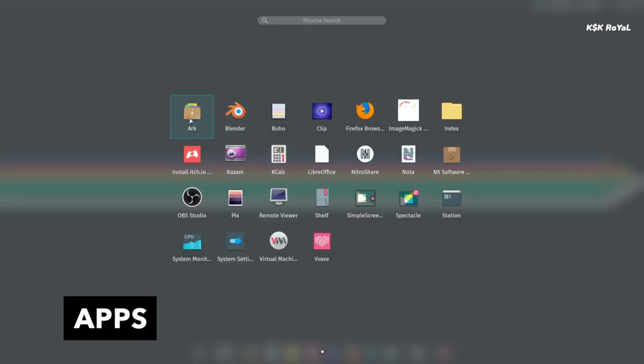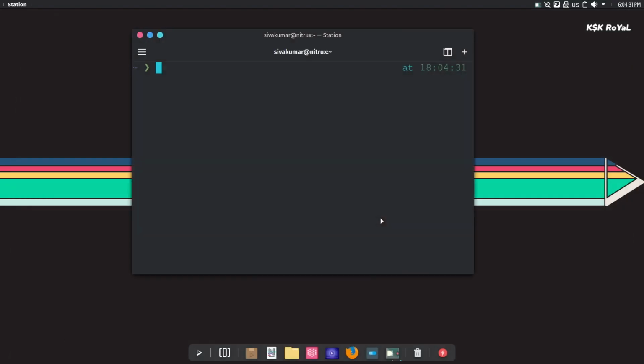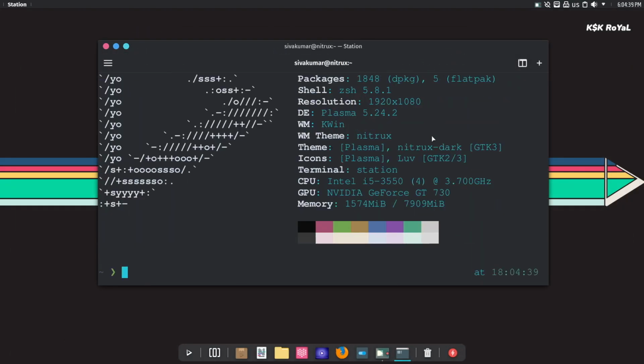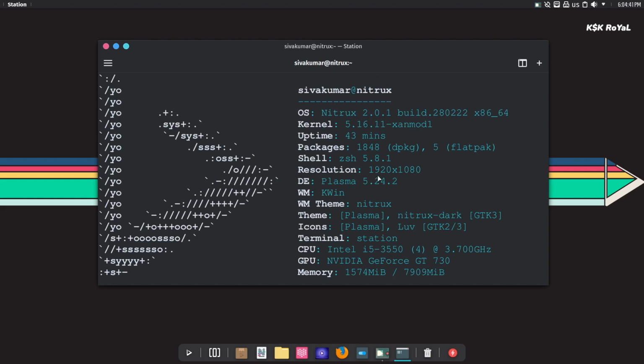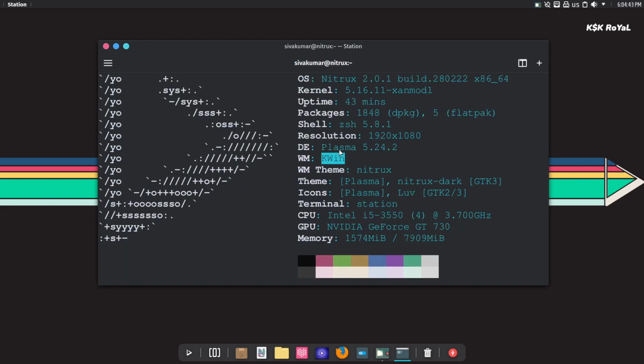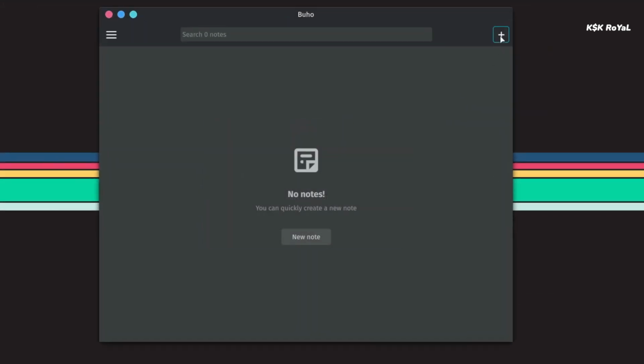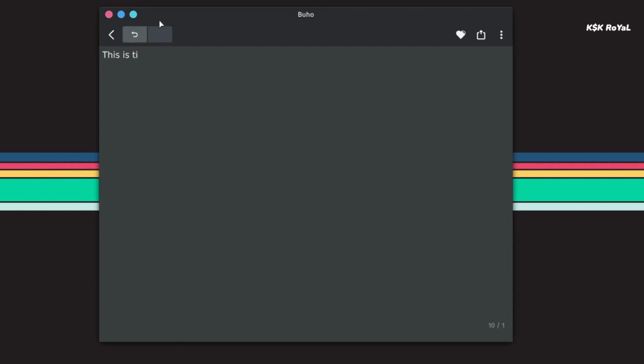Nitrux OS comes with a few pre-installed applications which include both KDE and MAUI apps. It uses app image format for application distribution. Most of the applications that are pre-installed are app images. The default MAUI apps are the core part of Nitrux OS. It looks completely different from the apps built using GTK and Qt frameworks.